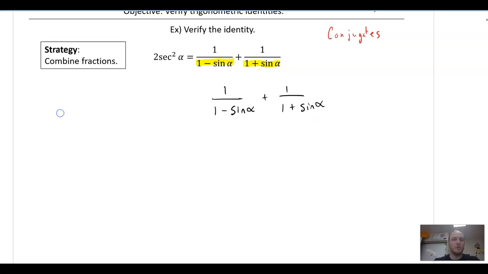Okay. So what we're going to do, in order to add these, I need them to be the same. So here's what we do. We multiply by the conjugate, and multiply by 1 plus sine alpha over 1 plus sine alpha. Over here, I'm going to multiply by 1 minus sine alpha over 1 minus sine alpha. Okay,